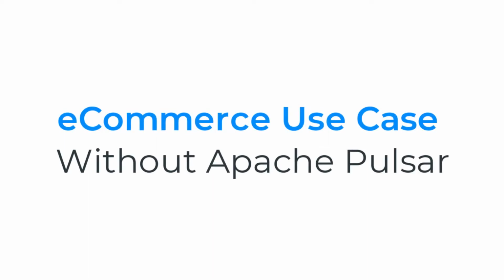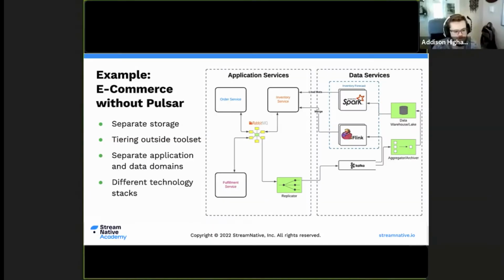Let's suppose a situation where we're doing an e-commerce system where you have an order service, an inventory service, and a fulfillment service. They're passing data via RabbitMQ to fulfill some tasks. And then in our data services, maybe we're doing something like an inventory forecast, making sure that we have enough product. That's being powered by stream processing as well as a batch processing system, sort of a Lambda architecture, to get a near real-time view of what our inventory forecast is looking at.